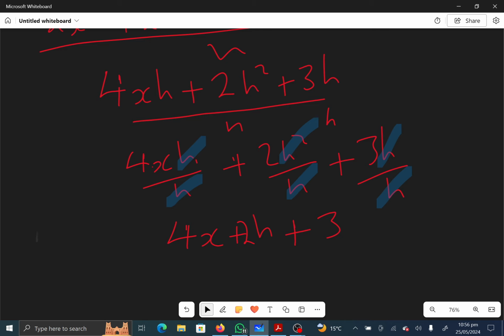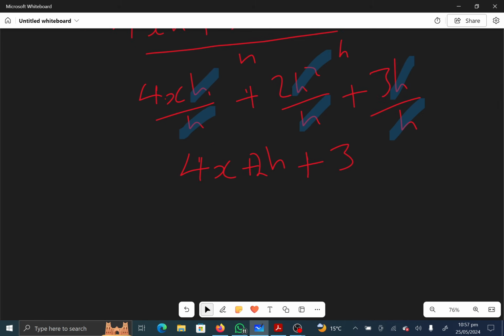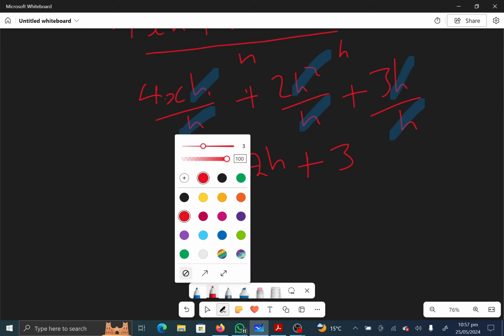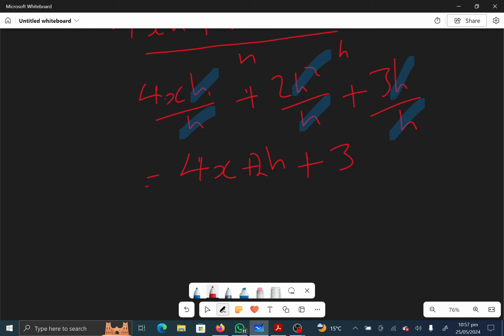Then we are told that this is equal to dy over dx is equal to limit